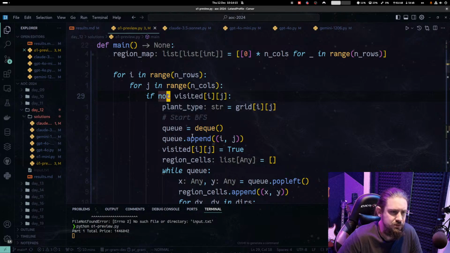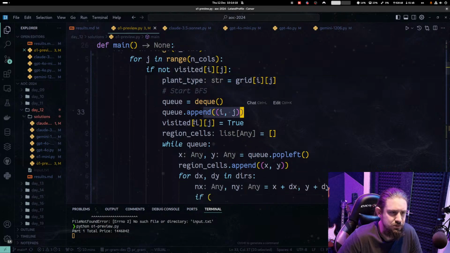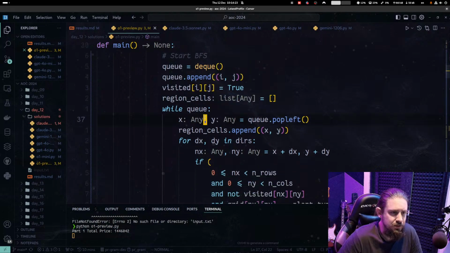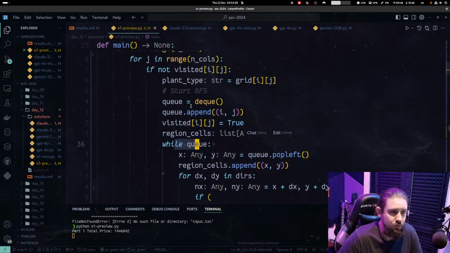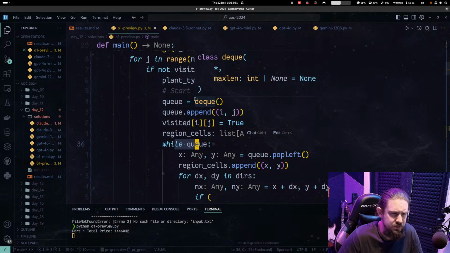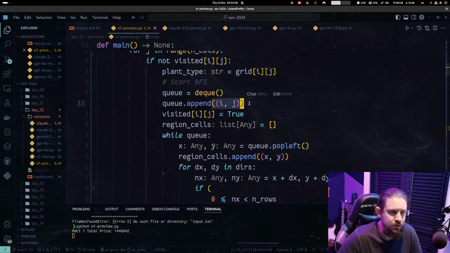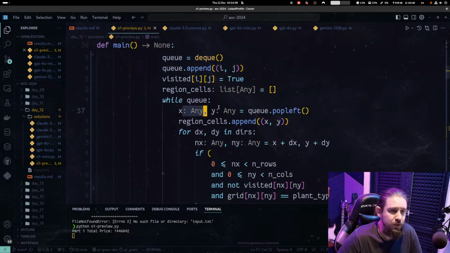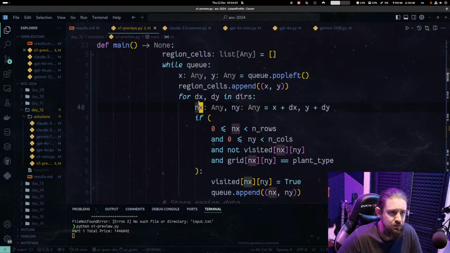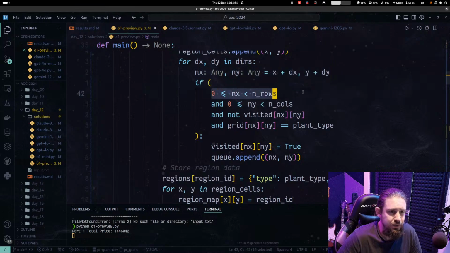Okay, if it's not visited, we get the plant type, we add the coordinate. We check if it's already visited, region cells, while queue. So we go there. Then we go through this queue, which is currently only one element, but then we pop left, we append to region cells, then we go into different directions, we calculate the next move, we see if